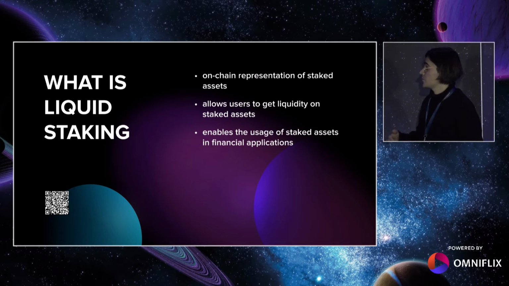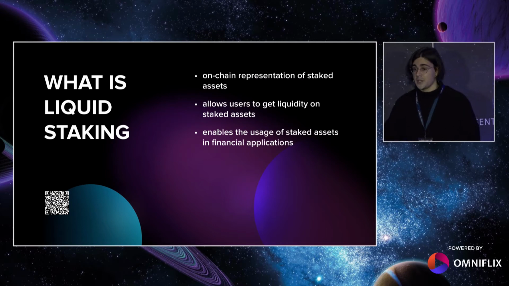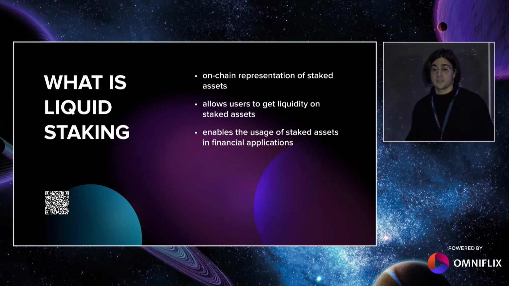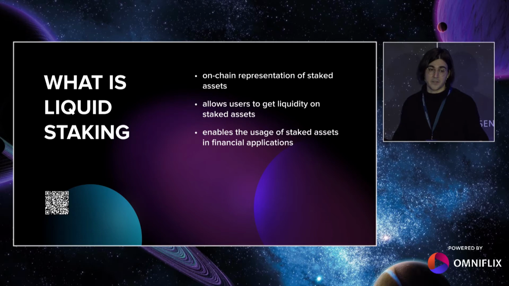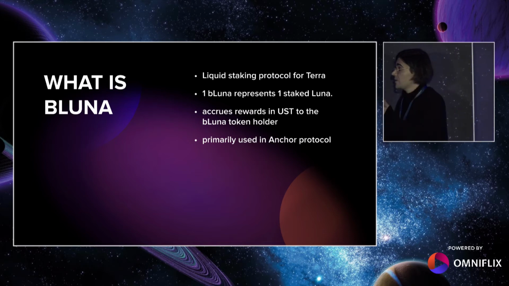Now, those tokens, as opposed to the staked coins, are liquid. This means for you that apart from getting your share of the staking rewards, you can actually use those tokens in various DeFis. For example, you can send those tokens to a liquidity pool and profit from the fees, or you could use them as collateral in a money lending protocol and get a stable coin in return. This means additional profit from your staked assets, and that's basically why people are interested in liquid staking. Now that we've recapped those basic notions, let's go to TERRA and BLUNA.